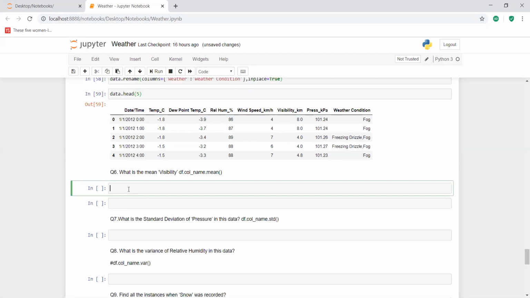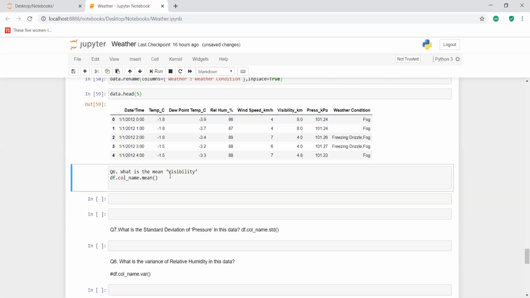And the next question is, what is the mean visibility? What is the mean of this visibility column? Okay, so now we have to use the mean function. So this is the syntax.